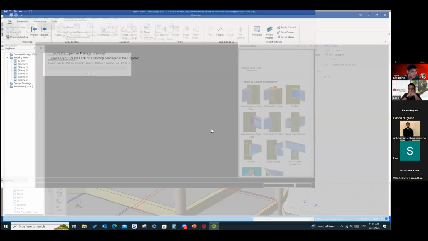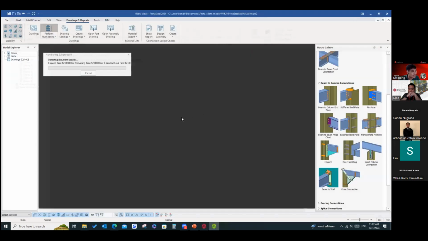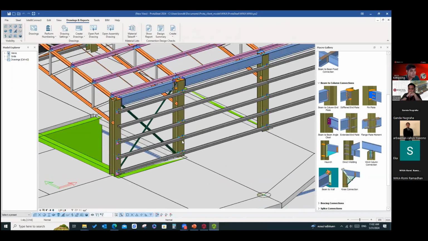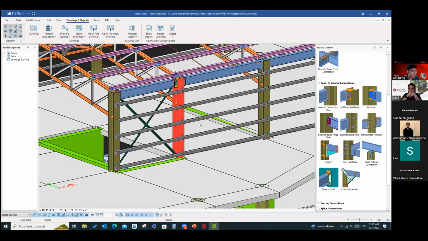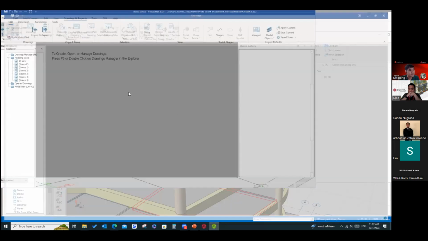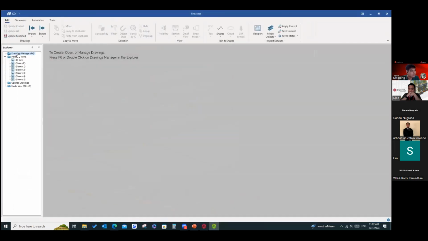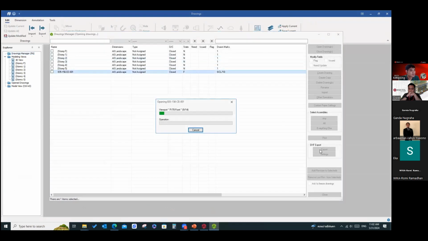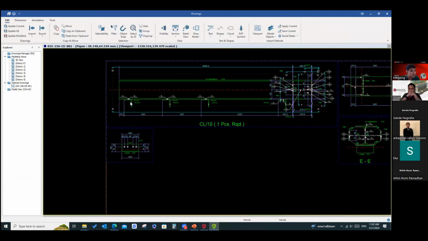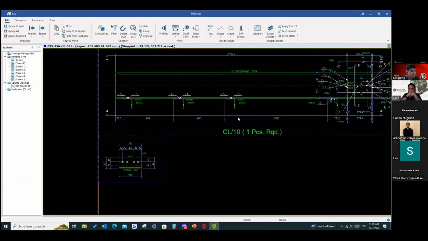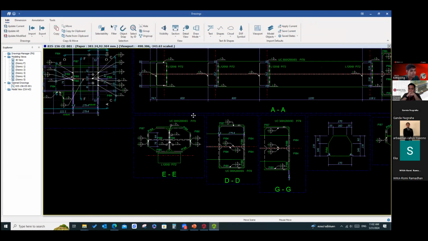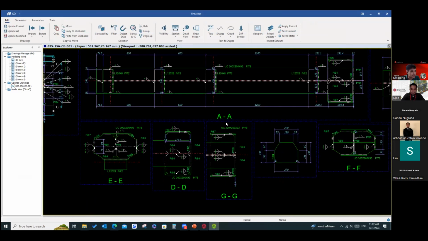Let the program identify the part numbers, and we can select the column or beam or whatever you want and create the drawing like this. See? Done. It provides you the whole drawing for the steel structure.